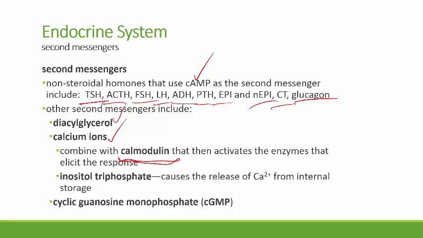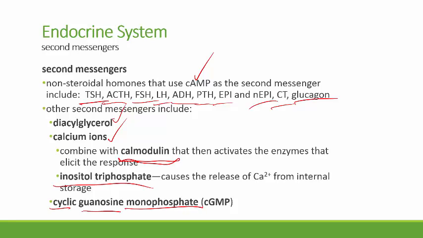And inositol triphosphate may also cause calcium ions to be released from internal storage, allowing them to be a second messenger. And then there is another nucleotide, guanine, that can also be used to build a second messenger. That one's called cyclic